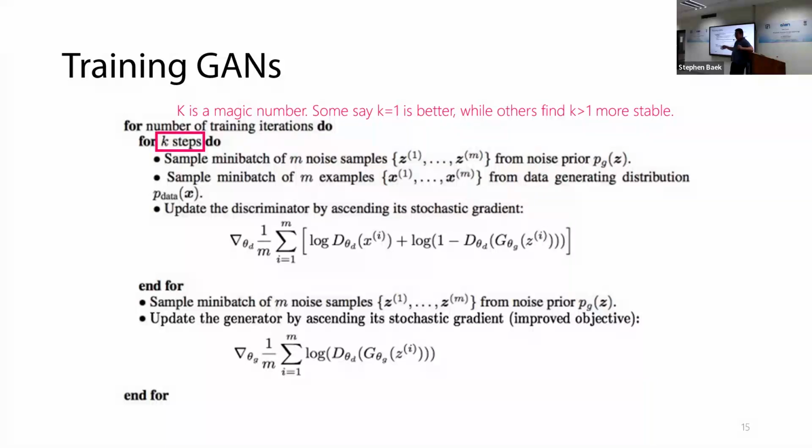But other people argue that K needs to be higher. And there doesn't seem to be any consensus or any scientific proof or anything. So this is something that you have to experiment with. I think the bottom line is you don't want to update the discriminator too fast,